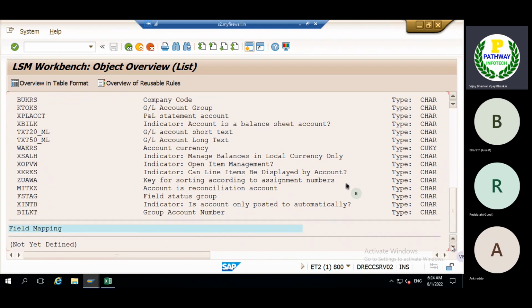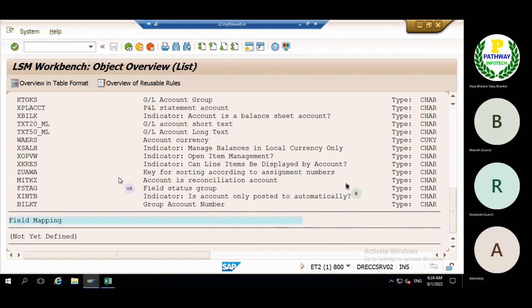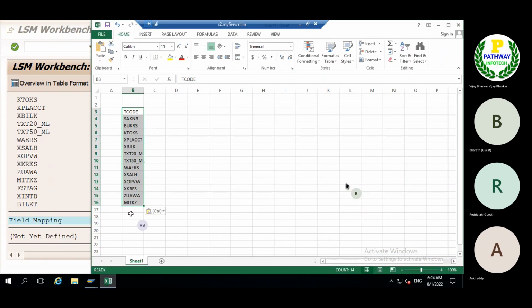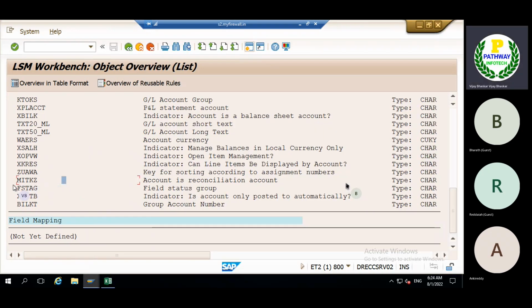Again, we need to copy the fields up to the right ticket. We have copied up to here.